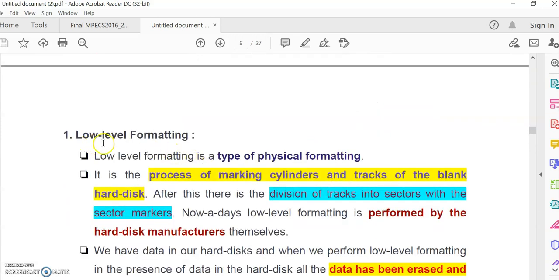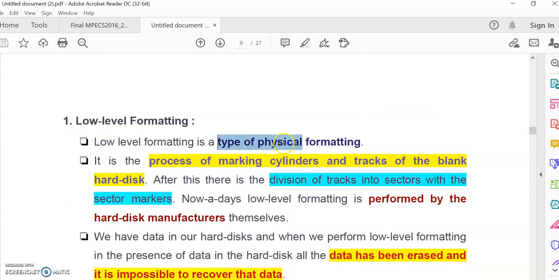First one is low level formatting. Low level formatting is a type of physical formatting. We have seen that a hard disk is made up of cylinders, sectors and tracks, and these tracks are used to store your information in the form of 0s and 1s. So it is the process of marking cylinders and tracks of the blank hard disk.